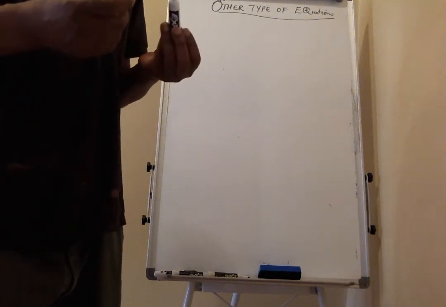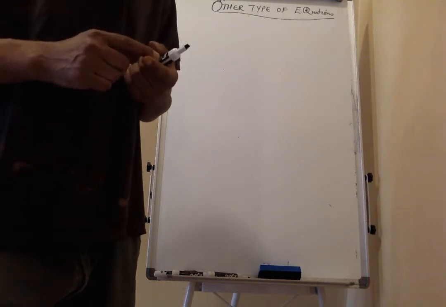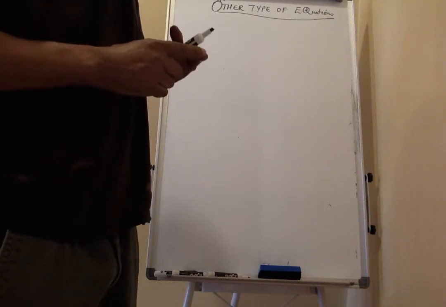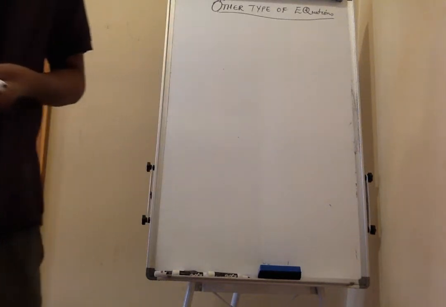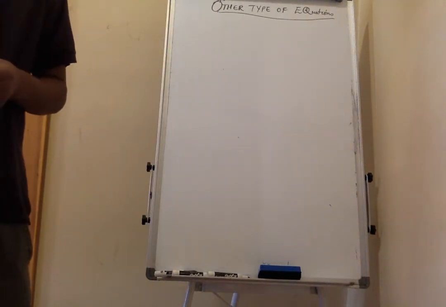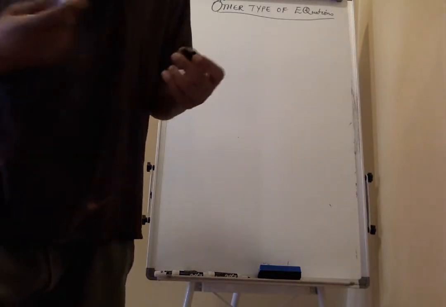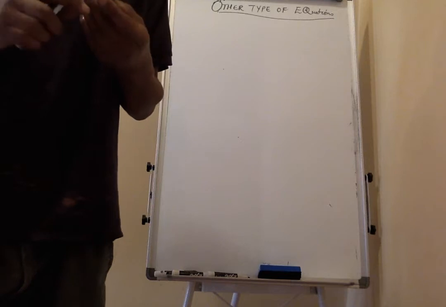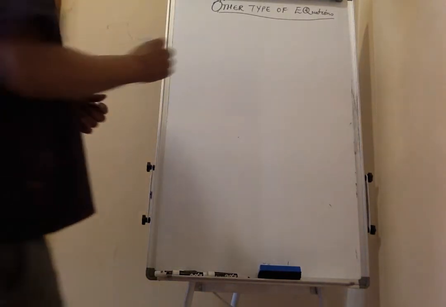Okay, hi. So far we have looked at linear equations and quadratic equations. So now we're going to talk about equations that are neither linear nor quadratic. So we just define some other type of equations. So we're going to do some exercises on that. And let's start with, suppose you have